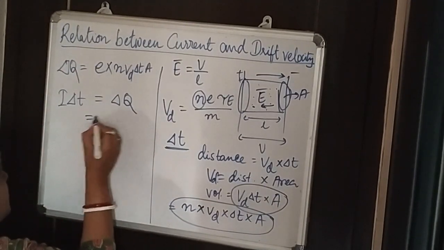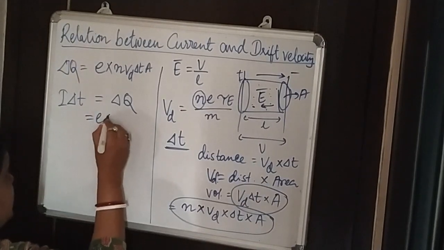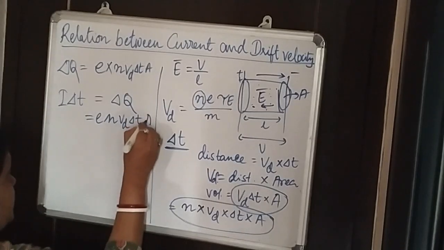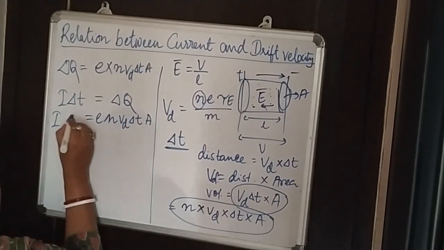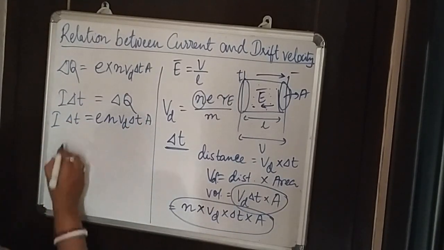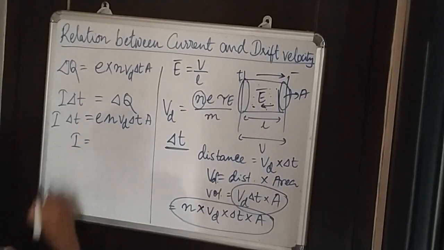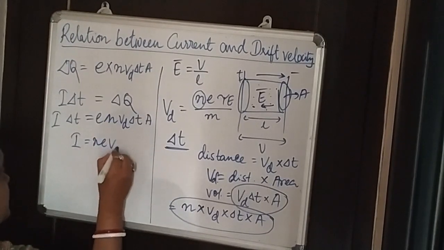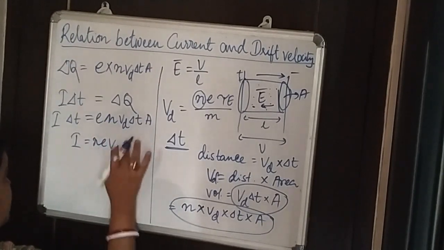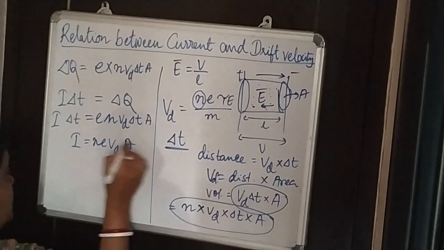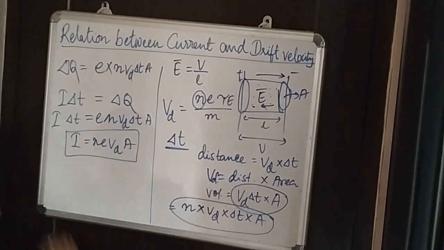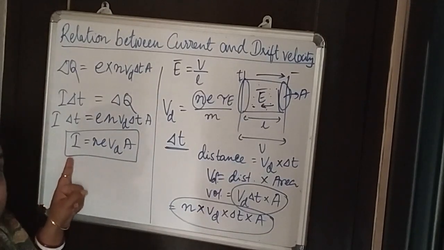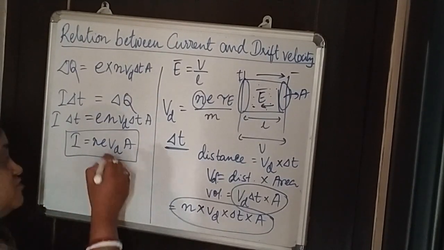So when I substitute for delta Q, I get n e V_d delta t into A, which is I into delta t. And from there we can easily calculate the expression for current, which is n e A V_d, as delta t would cancel. So this is the expression for current, which gives me the relation between the current as well as the drift